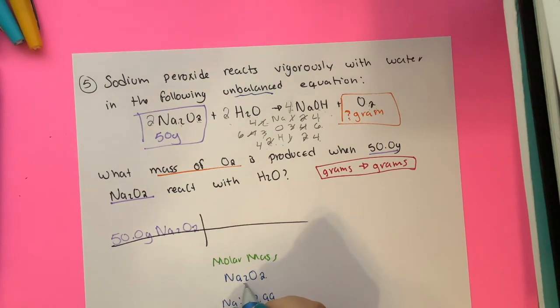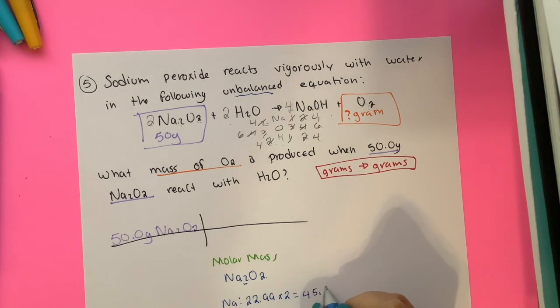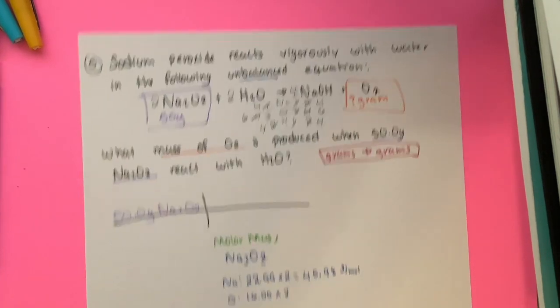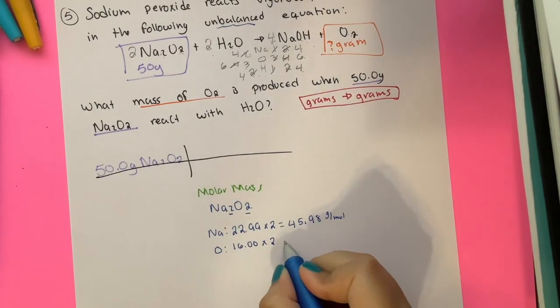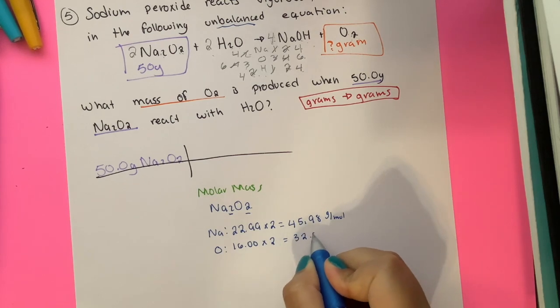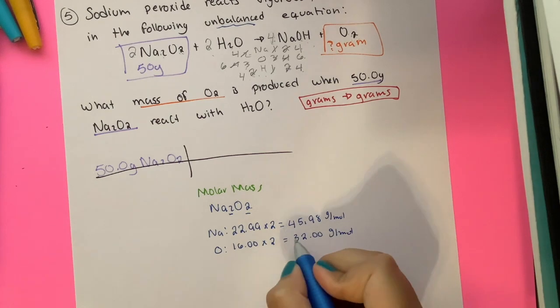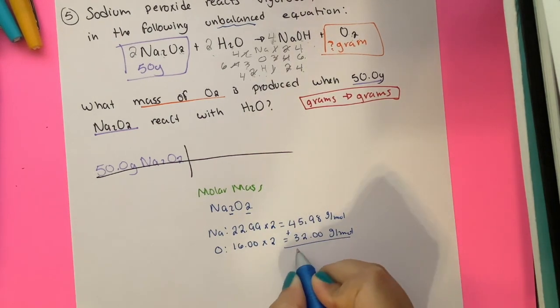22.99. There's 2 of them, so times 2. That gives me 45.98 grams per mole. Oxygen has a mass of 16. There's 2 of them. I multiply and it gives me 32.00 grams per mole. To find the mass, I add both of these numbers. It gives me